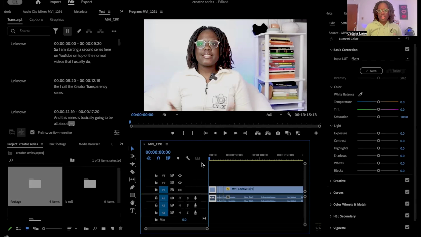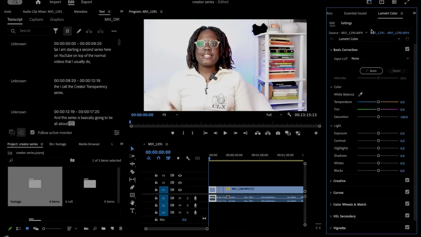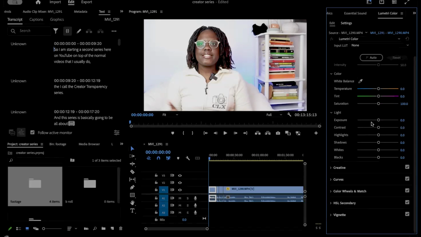So if it's a little too bright or a little too dark for your liking, you can actually fix that, right? So if you go over here, you'll find the color correcting tools. And usually if you're doing videos like this, it doesn't really need that much editing unless your lighting is super bright or super dark. So you can play around with things like the exposure, the contrast of the video,